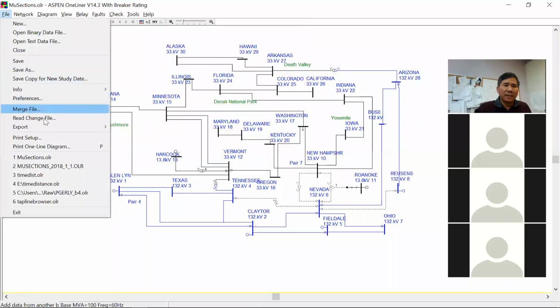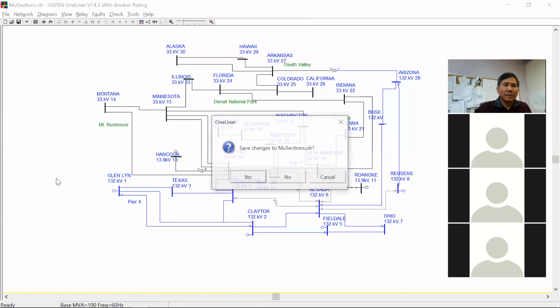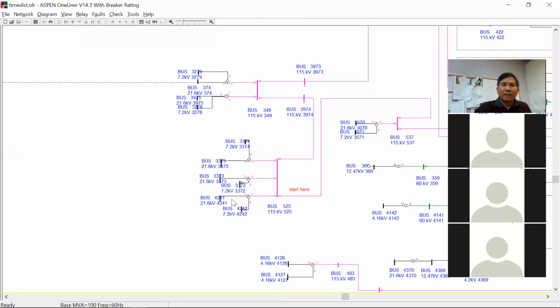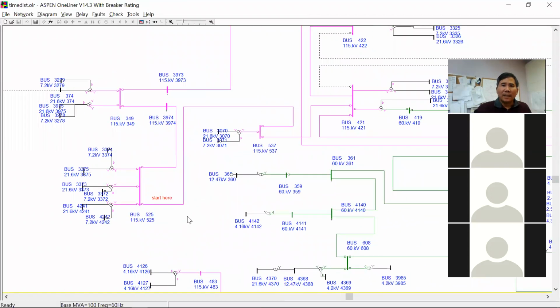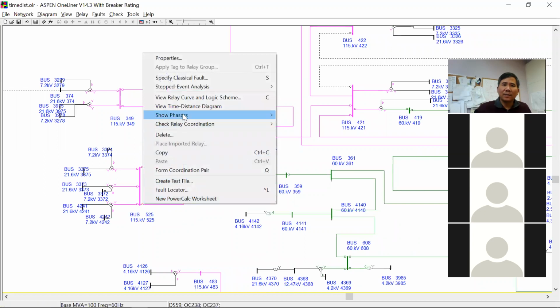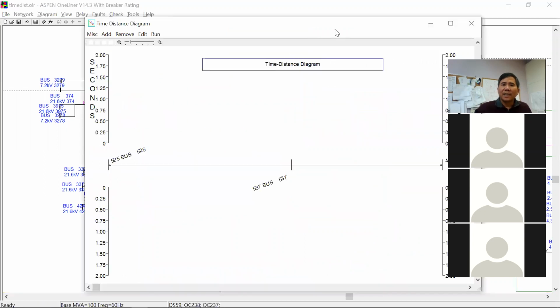I have a line right here, say from here, and I have another line going off this all the way here. I want to see if the relays here are correctly set up to back up this line, and also if this line is correctly backing up this line. So I right click here and say view time distance diagram, and this is a separate window